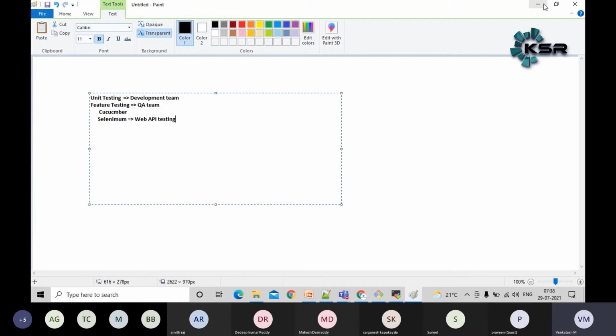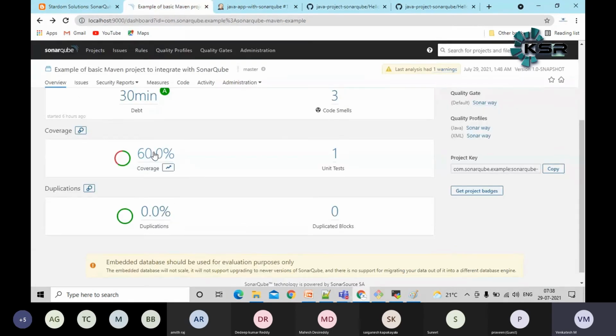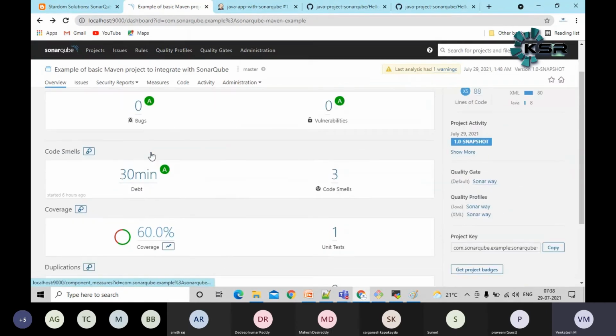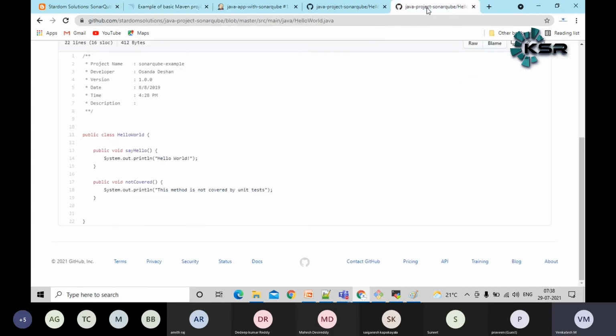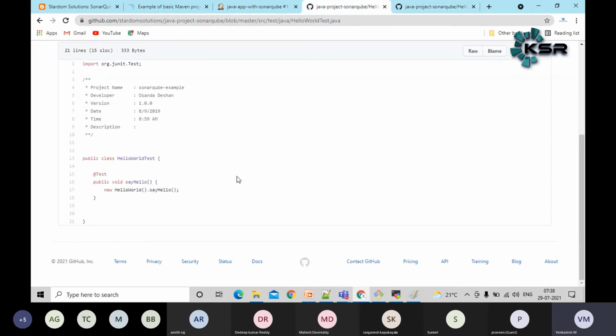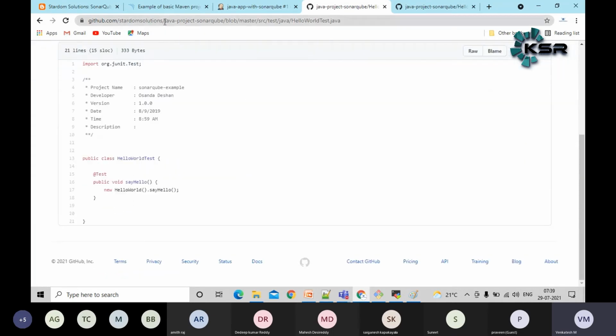Just now I have mentioned, in case the developer asks why, when I have developed some set of test cases, my code coverage is only 60%, if we have some knowledge of Java also, we can answer him. Otherwise, they can talk to the team leads. That's very straightforward, guys. From the development and DevOps end, we don't need to bother about this part. This is all a headache for the development team.